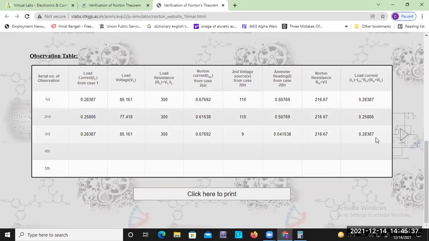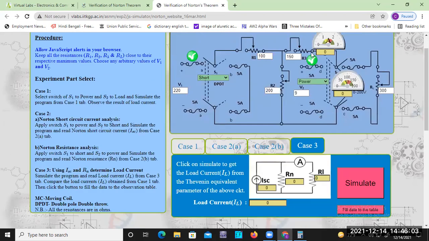It will also be the same, but here you can change this voltage source. That's why it changed. If the voltage source is changed, then your current will change. Yes, this short circuit current also changes here due to the change of voltage, because voltage and current are proportional as per Ohm's law. If resistance is constant, then V is proportional to I. So this is your Norton theorem.